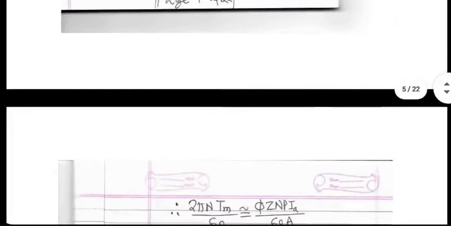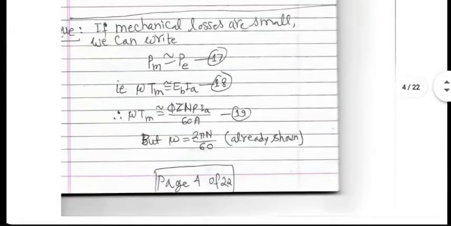By ignoring mechanical losses, you simply do EB into IA equal to omega times Tm, the way we did it here. And from there, you use this derivation once again. You should be able to show that for a shunt excited DC motor, torque produced is proportional to the armature current, similar to what we found in case of a separately excited motor. There's a lot of commonality between the performance of a separately excited motor and a shunt excited motor. And we are seeing one example right here.